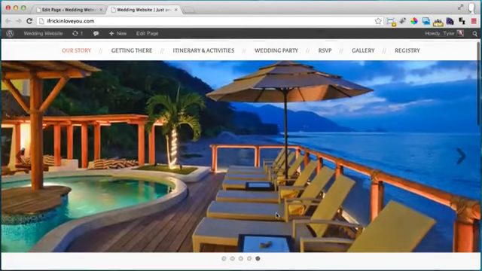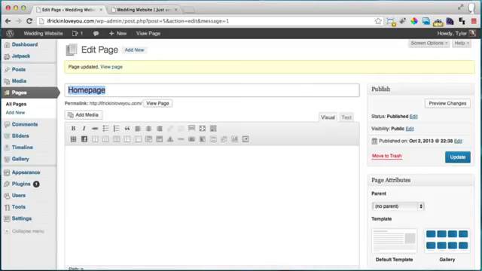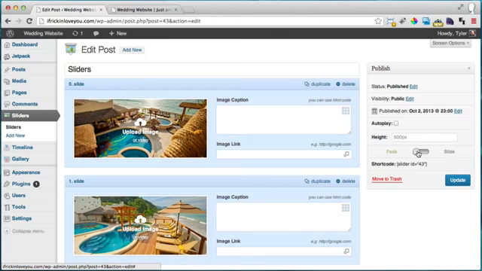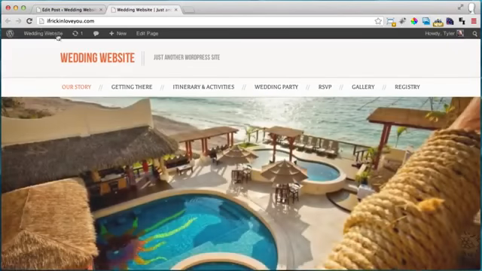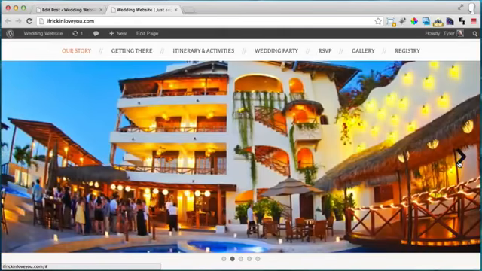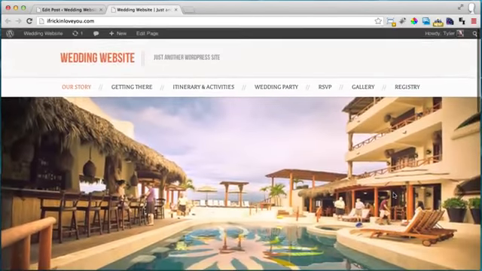If we want, instead of the image slider fading, we can actually make it slide. So the way we can do that is we can go back to our sliders and we can click on it. And instead of fade, we can click this little toggle button to slide, and we can click update. And we can go back to our website and click refresh. And now the image slider is actually going to slide. So you have an option between fade and slide, and the website's really starting to come together,